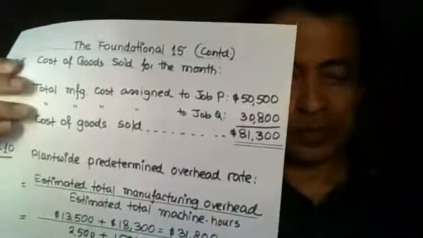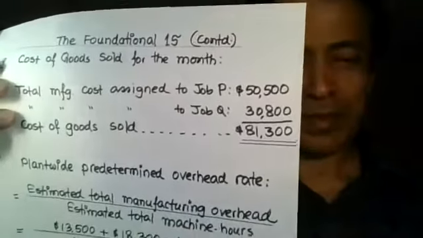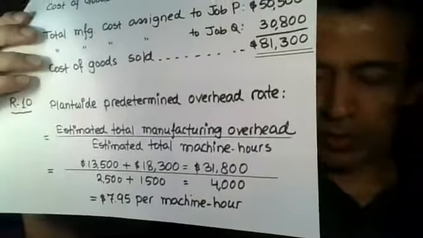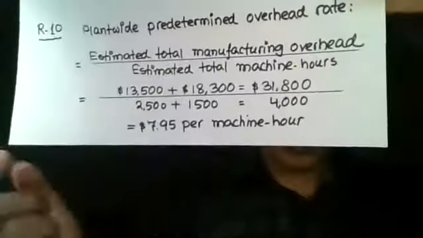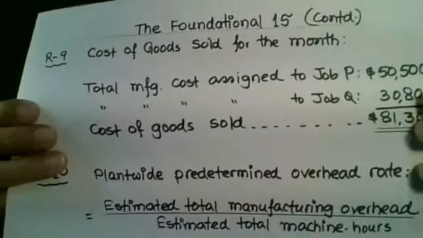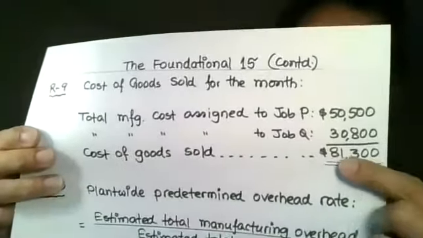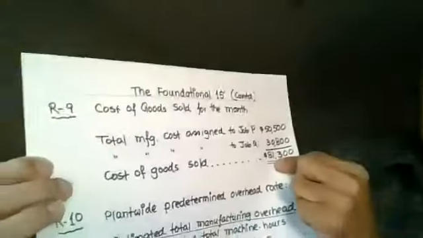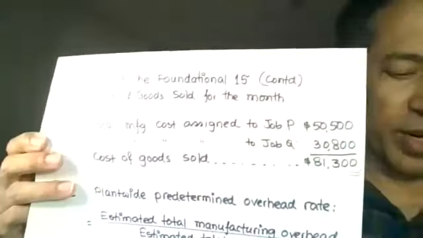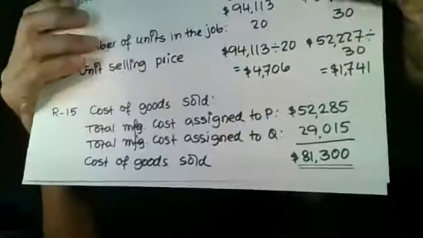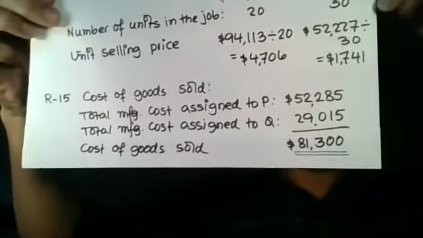Now let me show you something. Look at this. What do you see as the cost of goods sold? What is the total cost of goods sold? Sorry, here, cost of goods sold for the month, the whole business, 81,300, isn't it? So the answer to requirement 9 is cost of goods sold 81,300. The answer to requirement 15 is also 81,300,